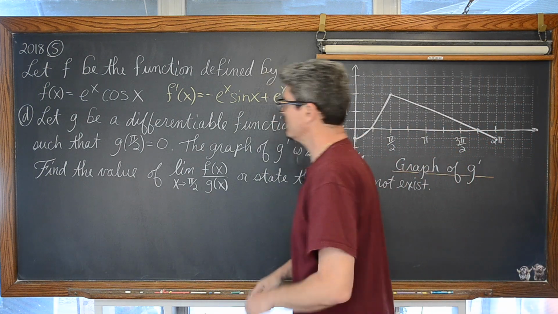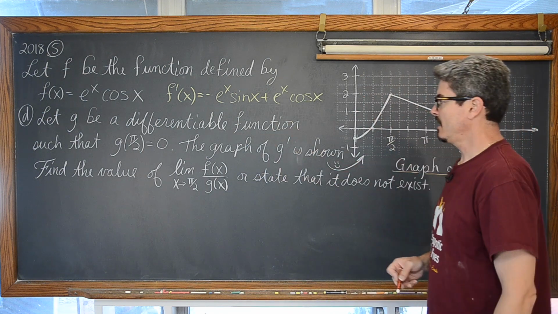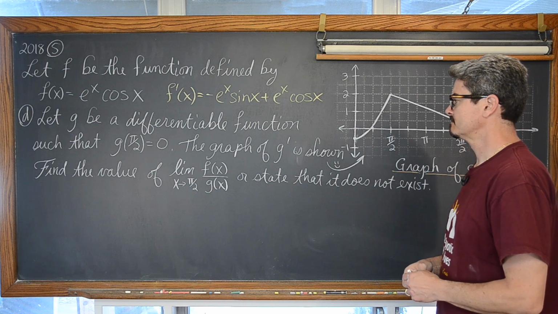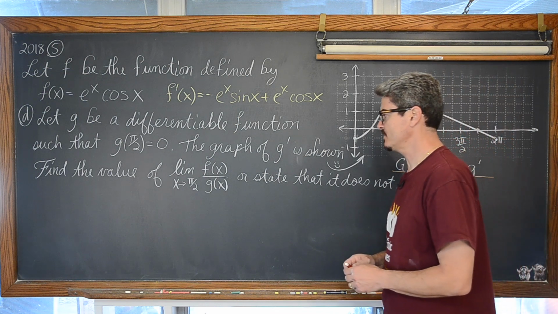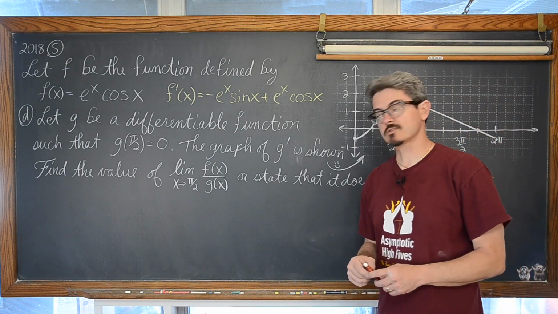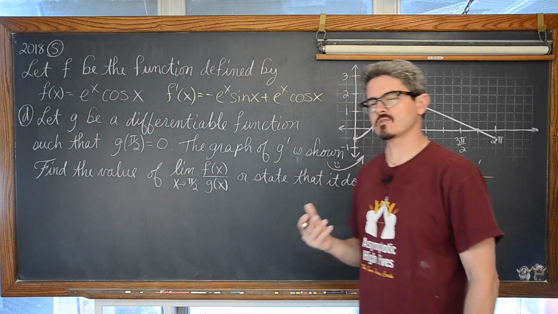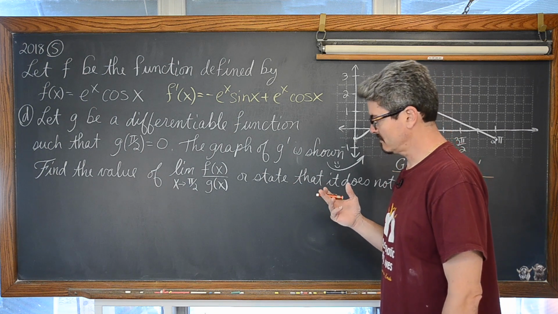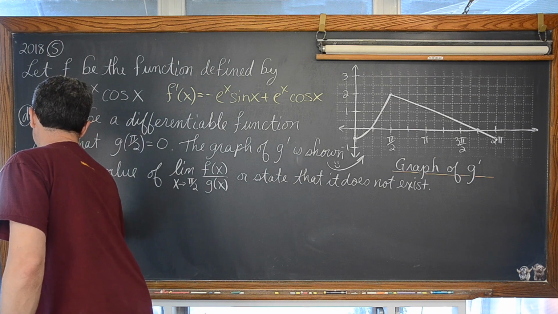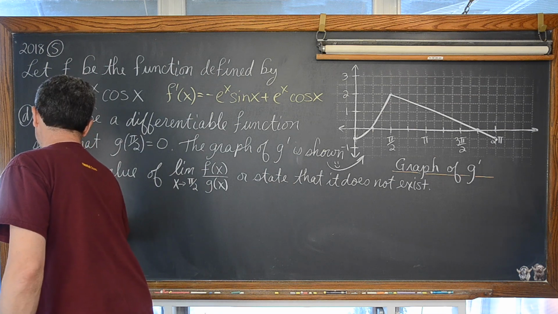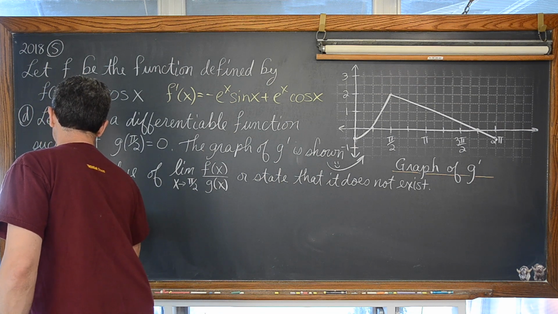Okay, so what is this problem going to involve? Well, the limit of a ratio, of course. The limit as x approaches pi over 2 of f of x over g of x. Okay, well, they're probably asking this question for a reason. It's not going to come out super duper easy. The limit as x approaches pi over 2 of f of x over g of x.